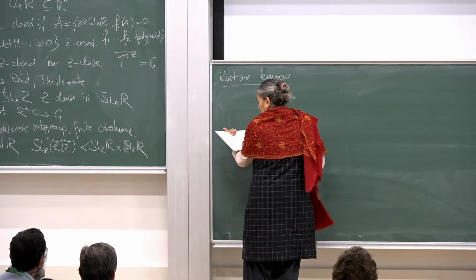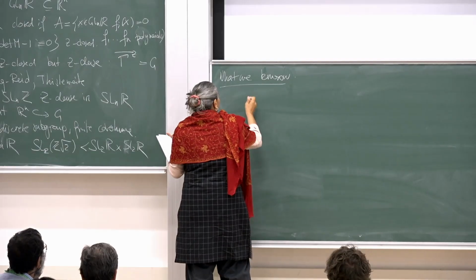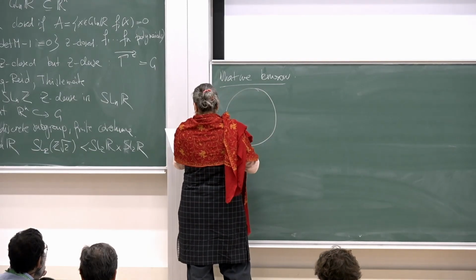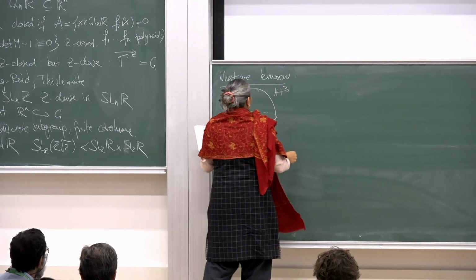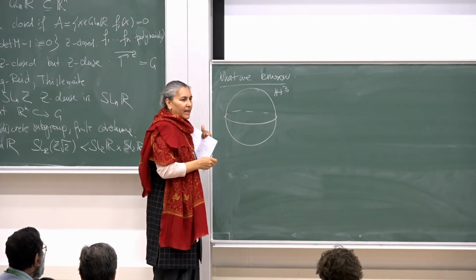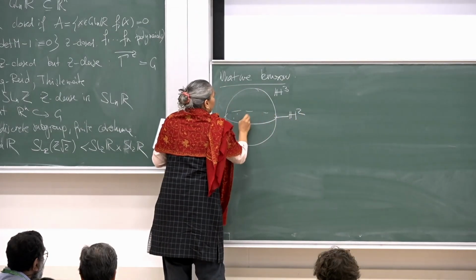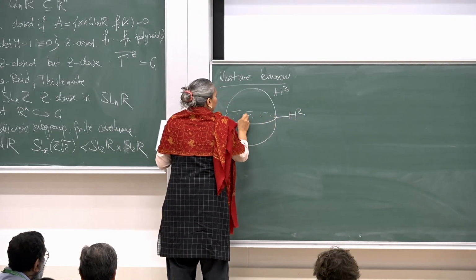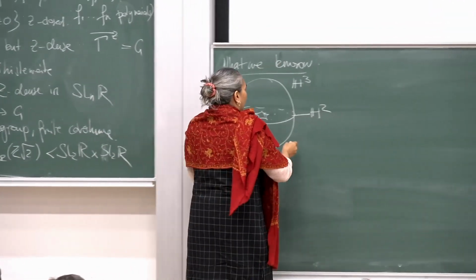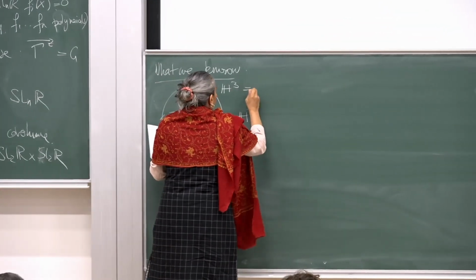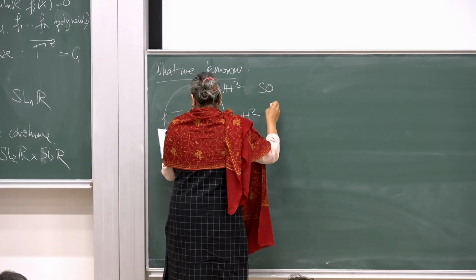What do we know about the subject? So one thing that we know, and it's very easy to do, is you take H3. This is the argument by Fricke-Klein. You take H3, you take a copy of H2 in it, and here you have a surface subgroup in H2, and so the ambient Lie group is going to be SO(3,1)